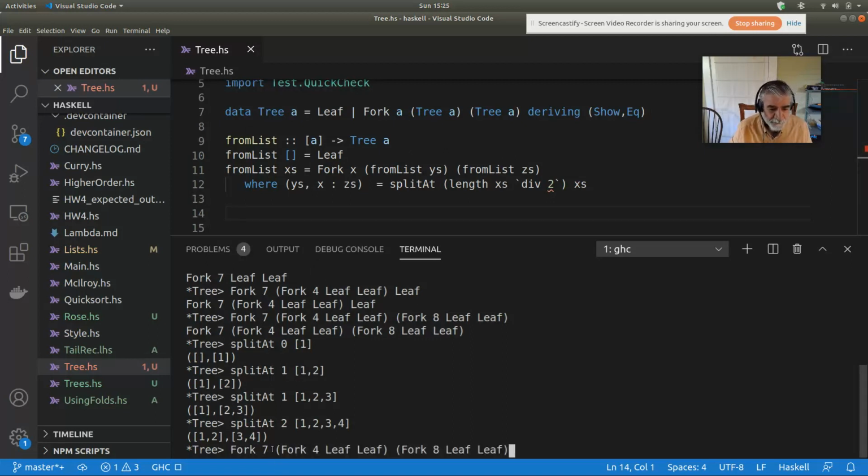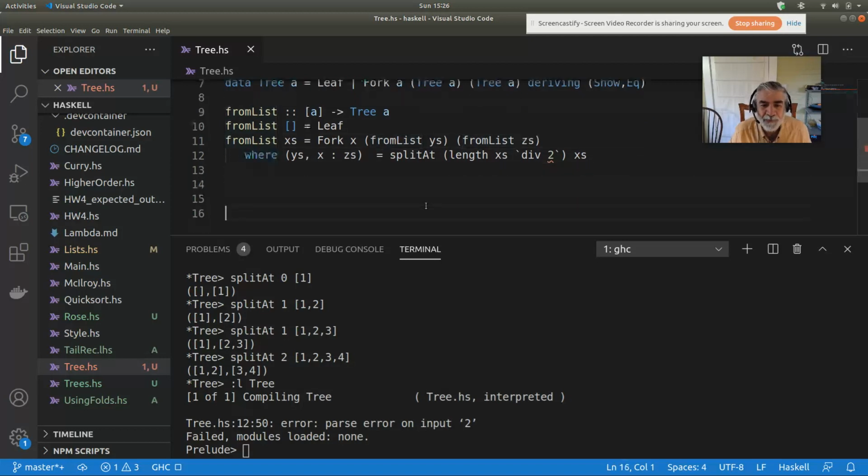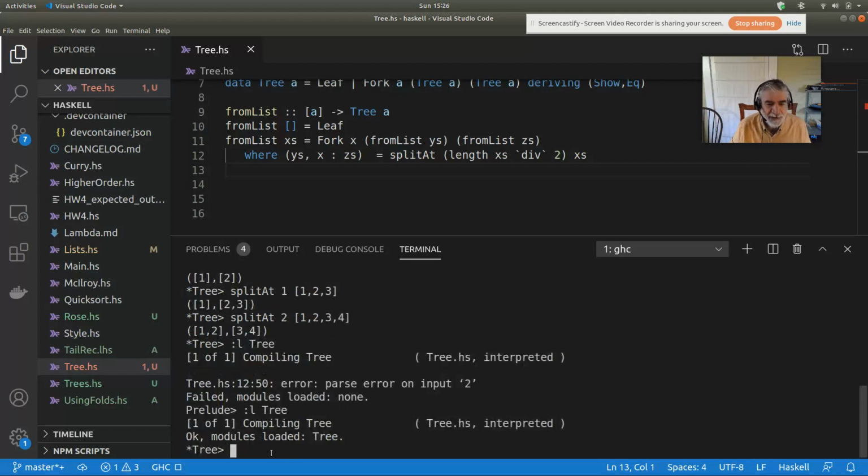Let's load it. What did I do wrong? I messed up the quote. The back quotes are outside of that. So save that, load that. Okay, so now I can say, from list,